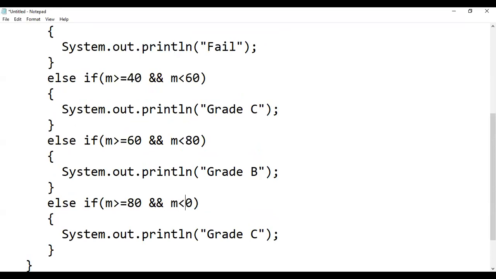So now we will write marks less than or equals to 100, because if student marks is 100, then grade must be A.